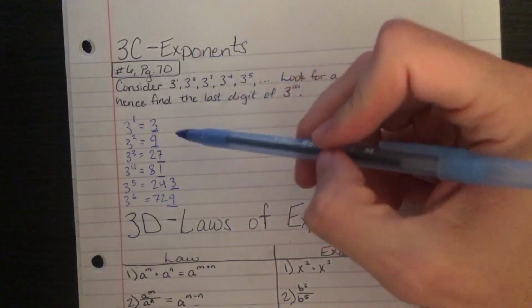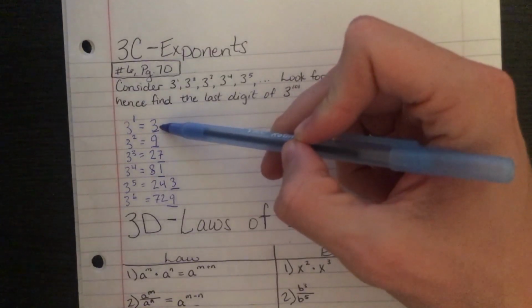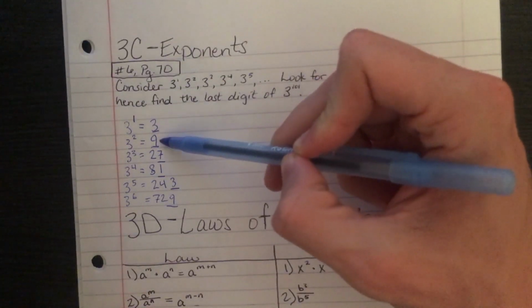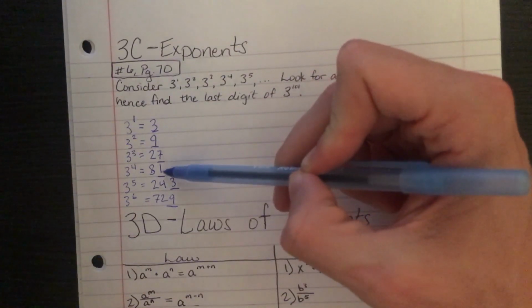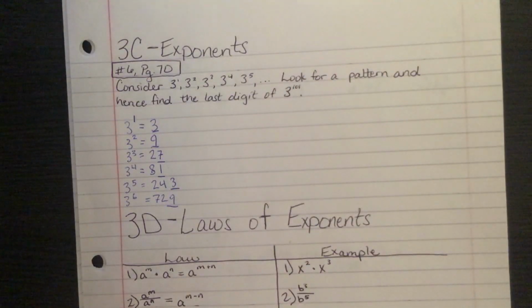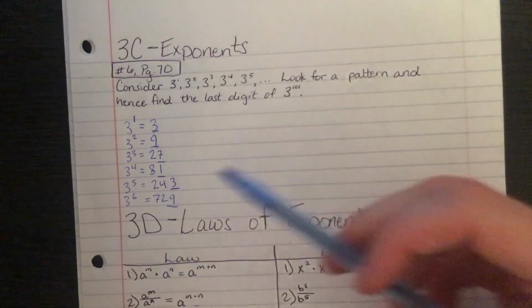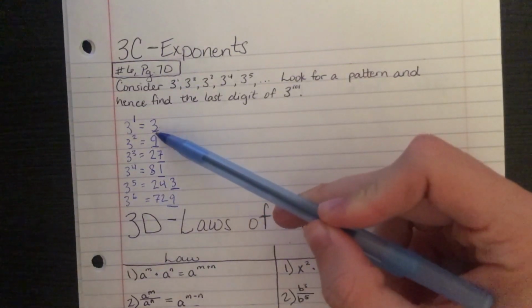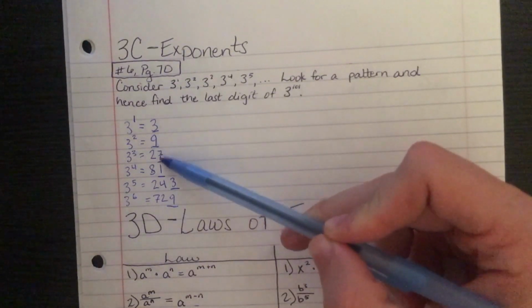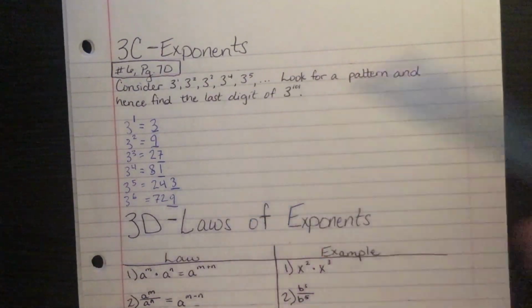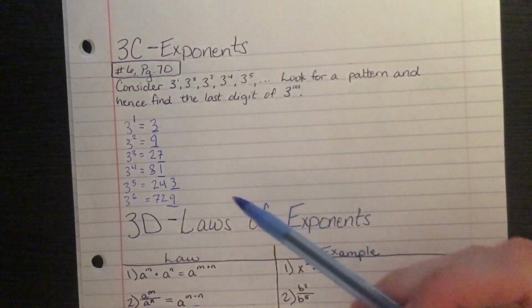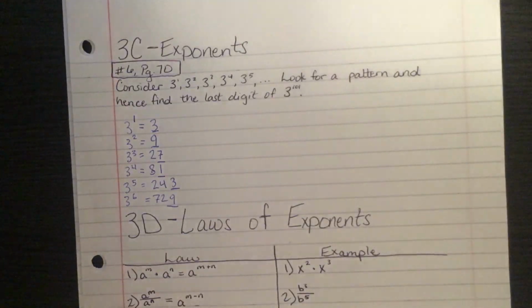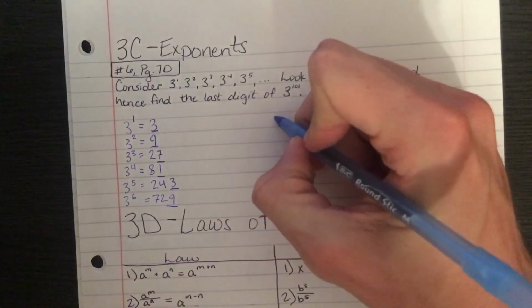With an exponent of 1, the last digit was 3, and then it went 9, and then it went 7, and then it went 1. And this pattern here is actually going to be cyclical. It's going to keep repeating itself. So every 4 terms, so 1, 2, 3, 4, the next one is going to repeat the pattern. It'll be 3, 9, 7, 1, 3, 9, 7, 1. So if we want to know the last term